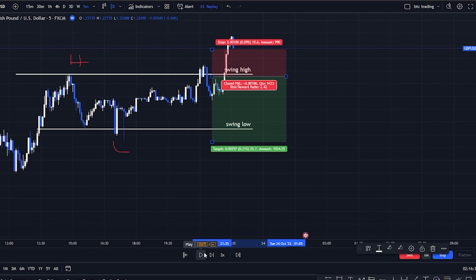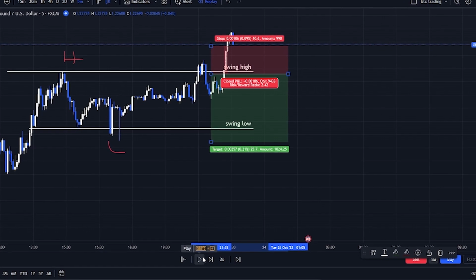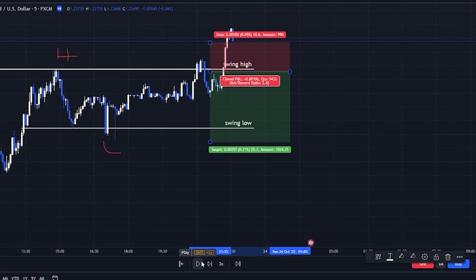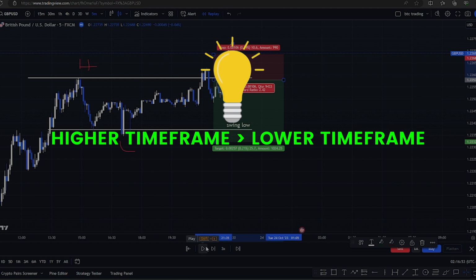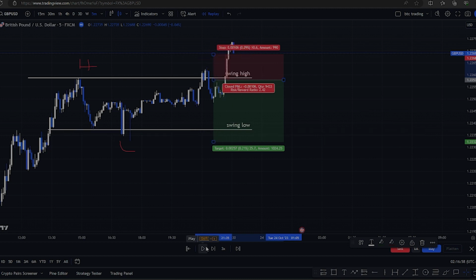The setup on the 5 minute and on the 1 day time frame was exactly similar, but the main difference was the time frame. So it is advised to use the liquidity zones in the optimum time frame. For the swing highs and swing lows, I would suggest you use a time frame of greater than 4 hours.